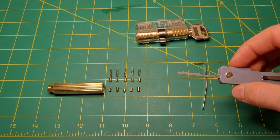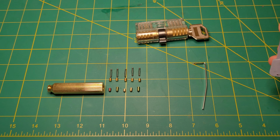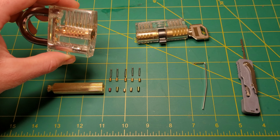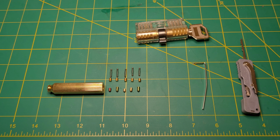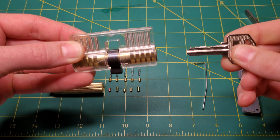Before I do a demo with this, I just want to explain to you how these locks work and what's going on. The most common locks you're going to come across are Quickset and Schlage, whether it's residential or commercial. And even padlocks function by kind of the same method. So here is a clear acrylic see-through lock, and you can see the keys are